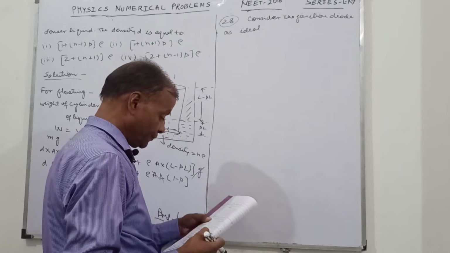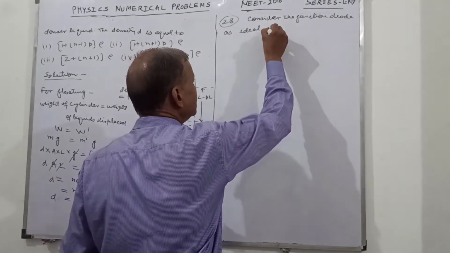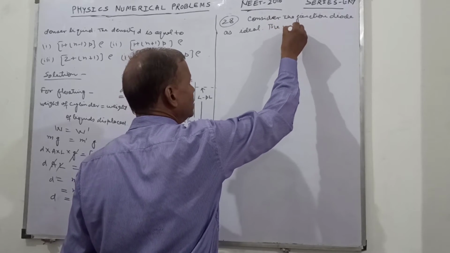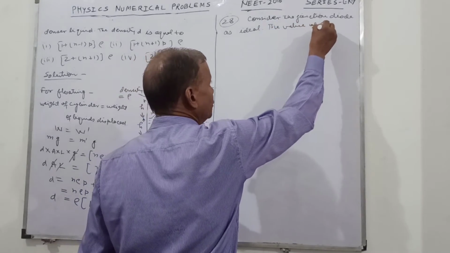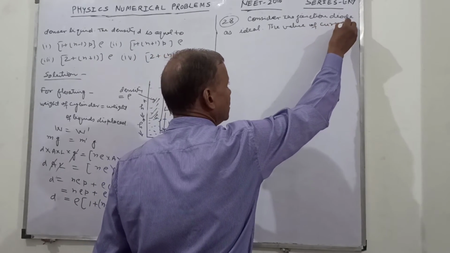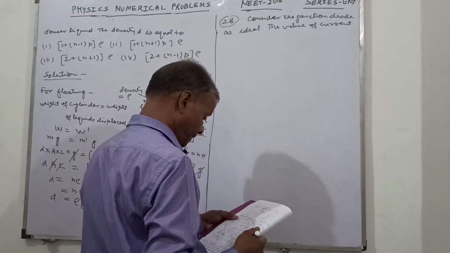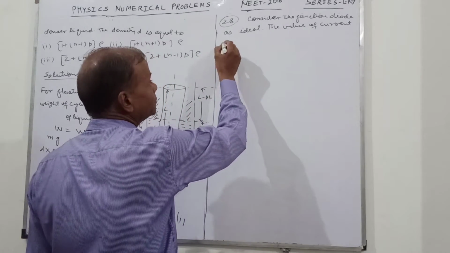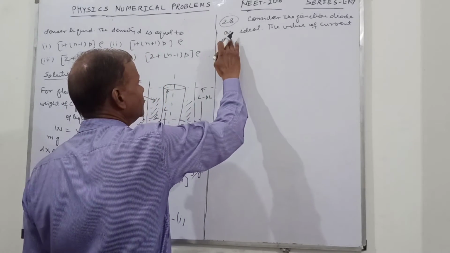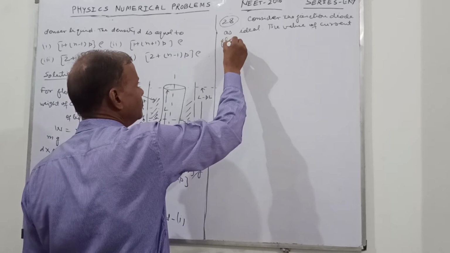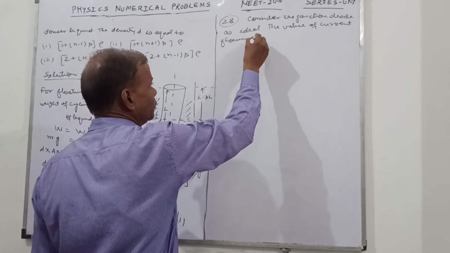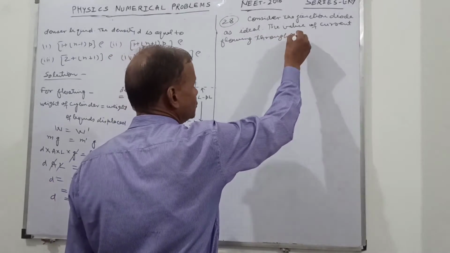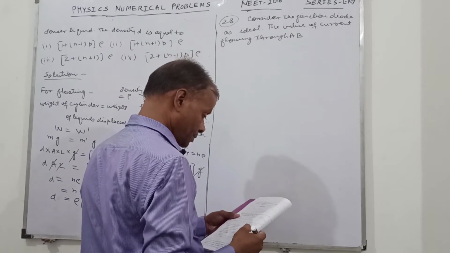The value of current flowing through AB is